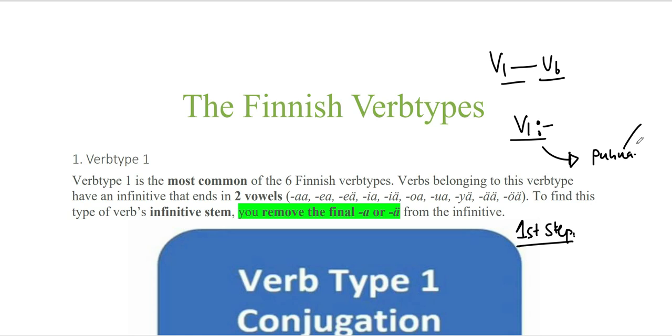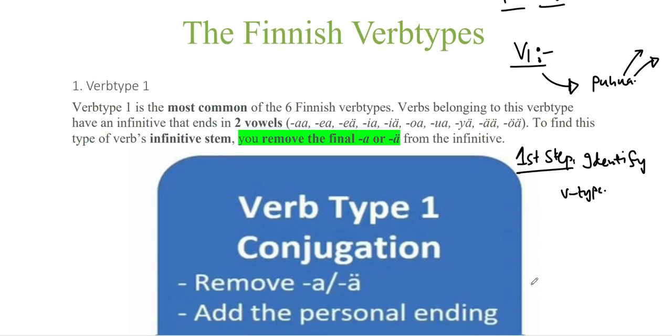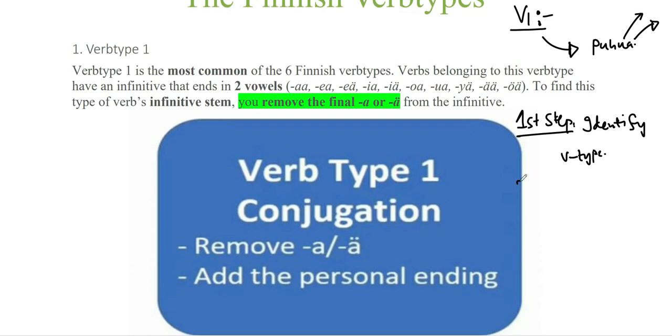Like you see oo and aa, what is it? It's two vowels. So first step is to identify the verb type. Second step is what? Remove a and a. Third step